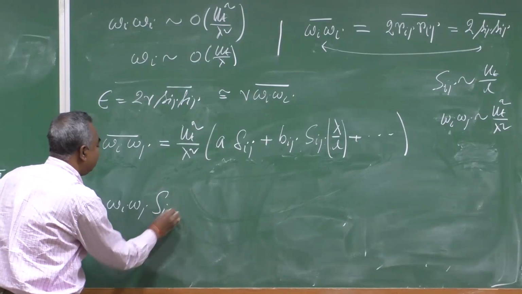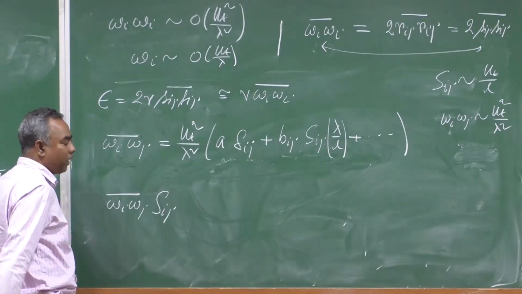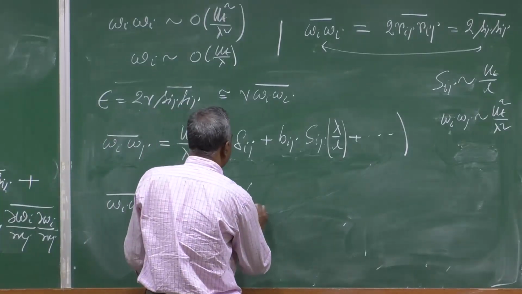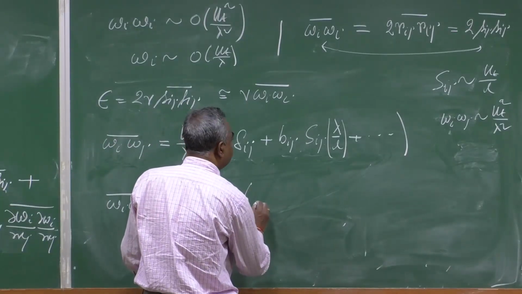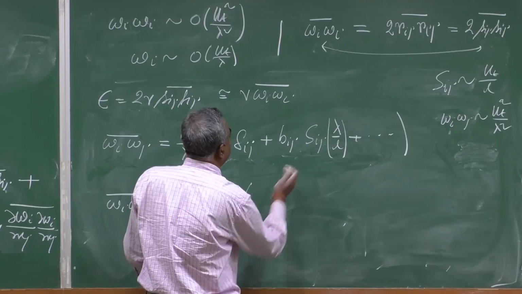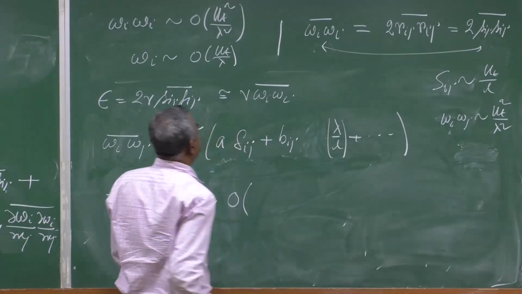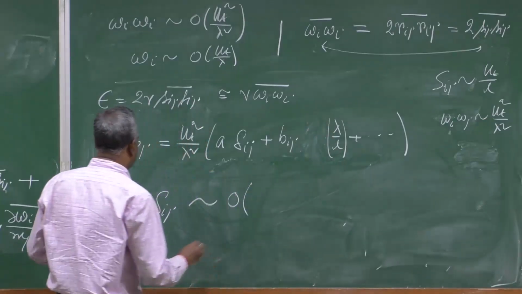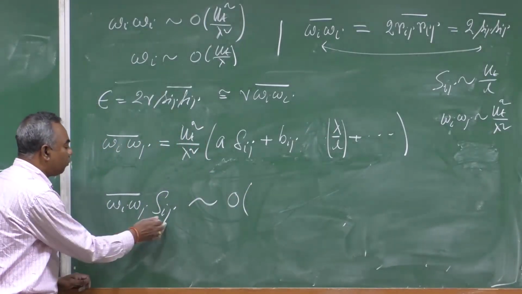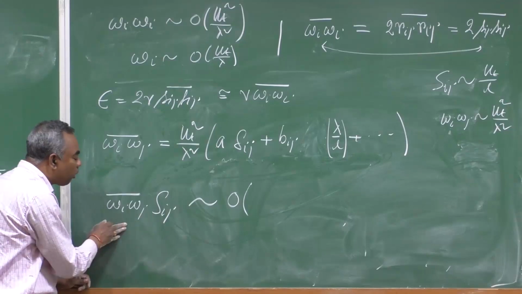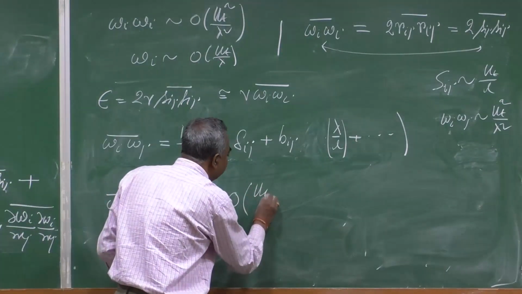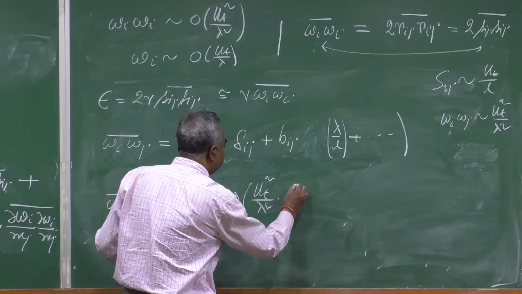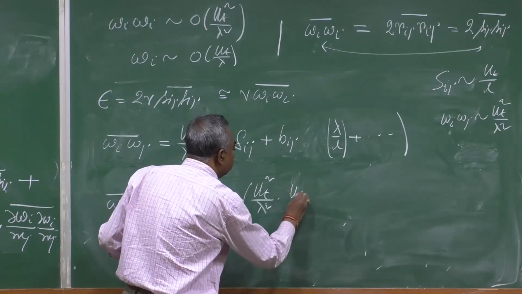Sorry, Sij should not come here, I am sorry: delta Ij plus Bij into lambda by L, which we have prorated. So, if you would like to find out the order of magnitude of this product, then we can take the order of magnitude of this into the order of magnitude of this, which is ut by L,